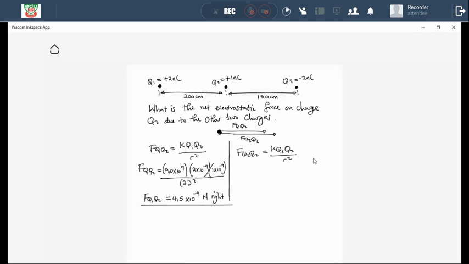Right. So this is the size of FQ1, Q2, right? So FQ3, Q2, I'm going to substitute as well. FQ3, Q2 is equal to, my K is 9,0 times 10 to the power 9. I close, my Q3 is 2 times 10 to the power negative 9. I close. Q2, it's 1 times 10 to the power negative 9. I close everything over my R squared there, it's